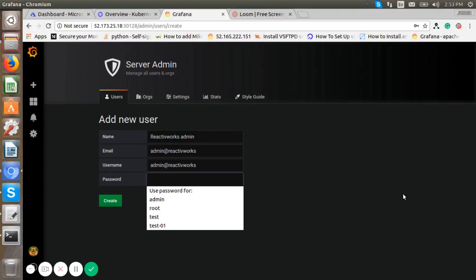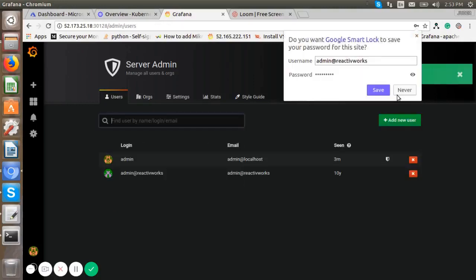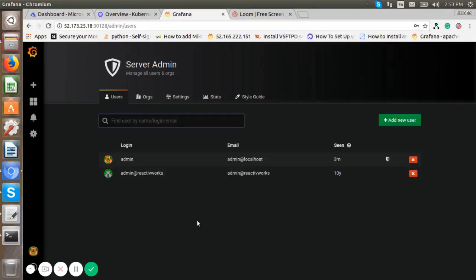Password is admin at ReactWorks. Click the create button. Now our user is created.